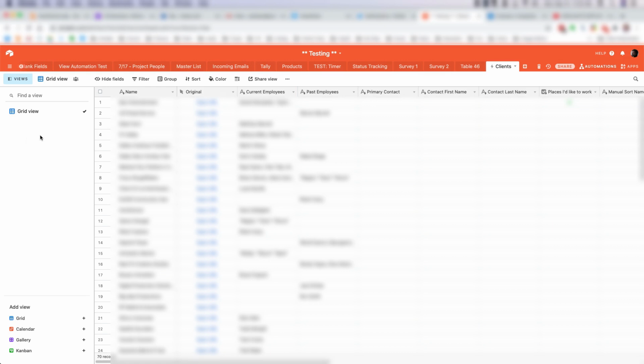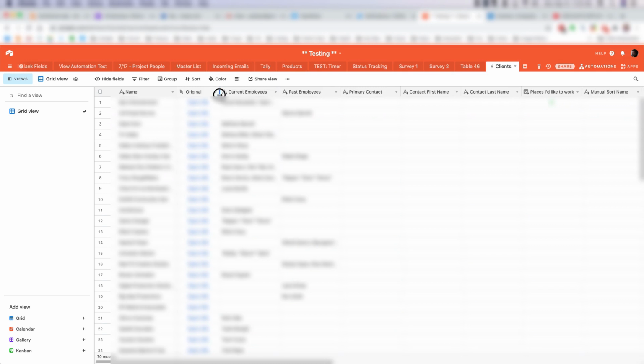I can make new views in here on the synced side and create new views that are specific to how I want to use this synced table in this other base. So I can say, maybe I want to have one, I'm actually in the process of doing this right now. I have a business database where I track information about client work that I do, and I want to be able to mark individual entries from this list as clients.